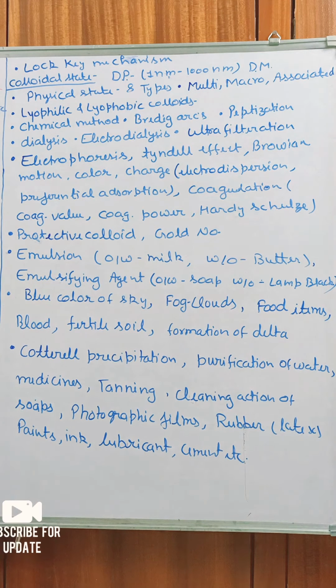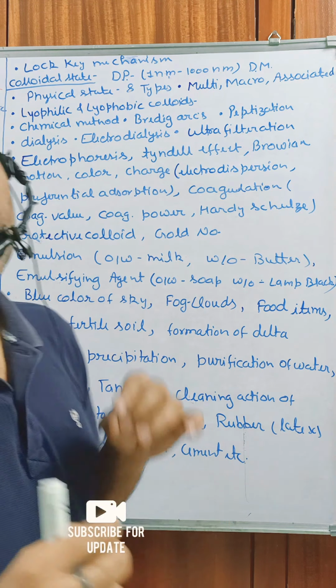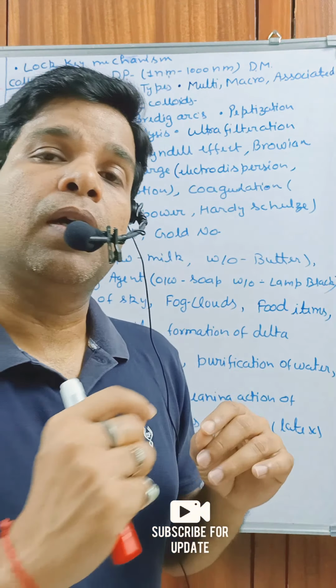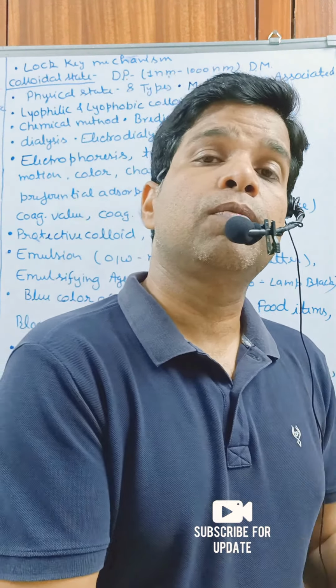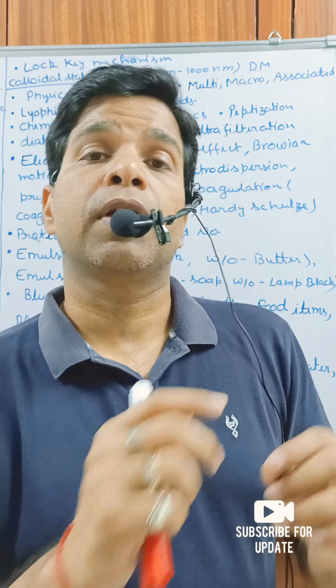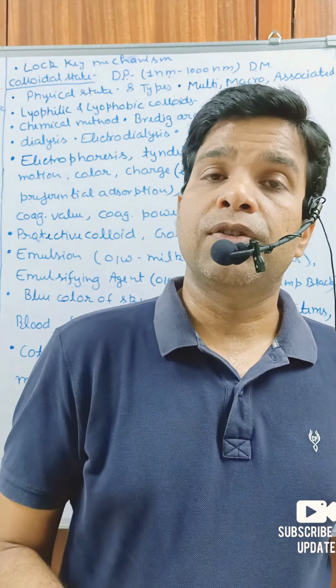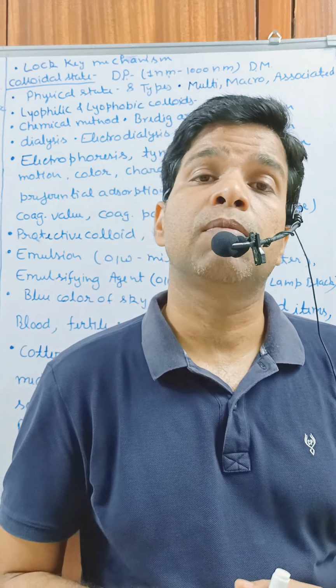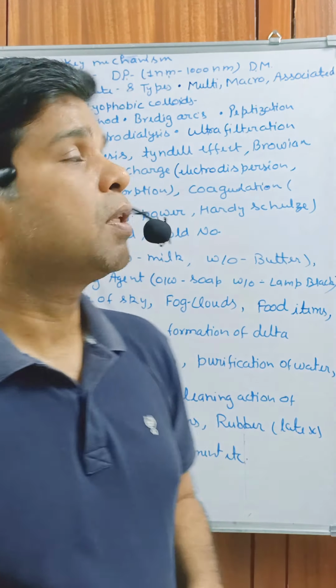Then next we have charge. I have already told you, a colloidal system is always charged in nature. They may get the charge by the adsorption of electrons by the metal during electrodispersion, or by the preferential adsorption theory. Preferential adsorption theory is the more important one that you need to remember. Please refer to the NCERT for more detail.